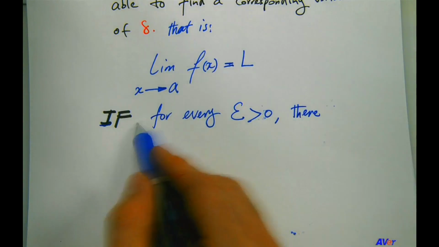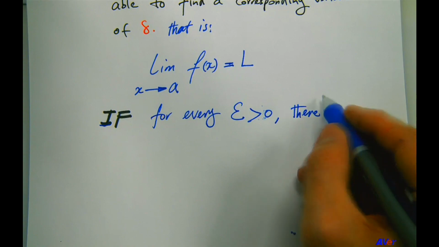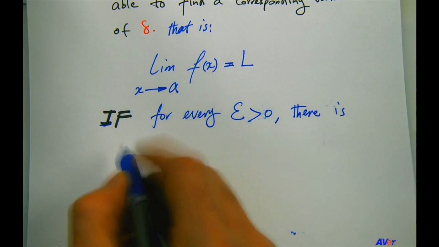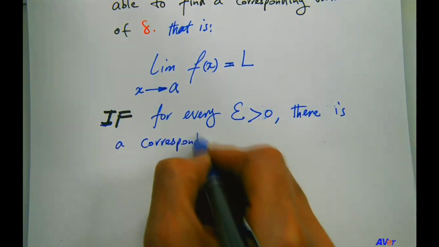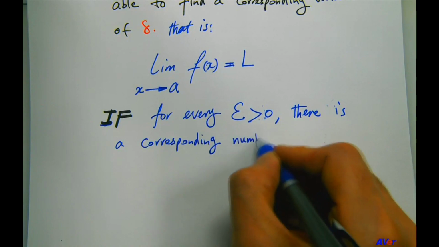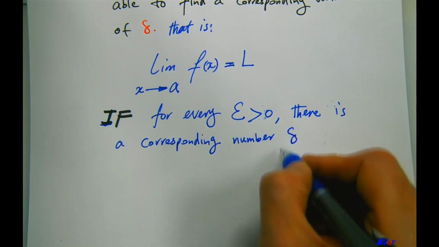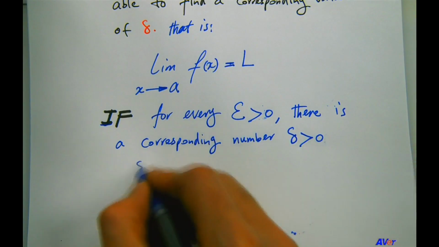So if for every epsilon that is greater than 0, but very, very small, there is a corresponding number